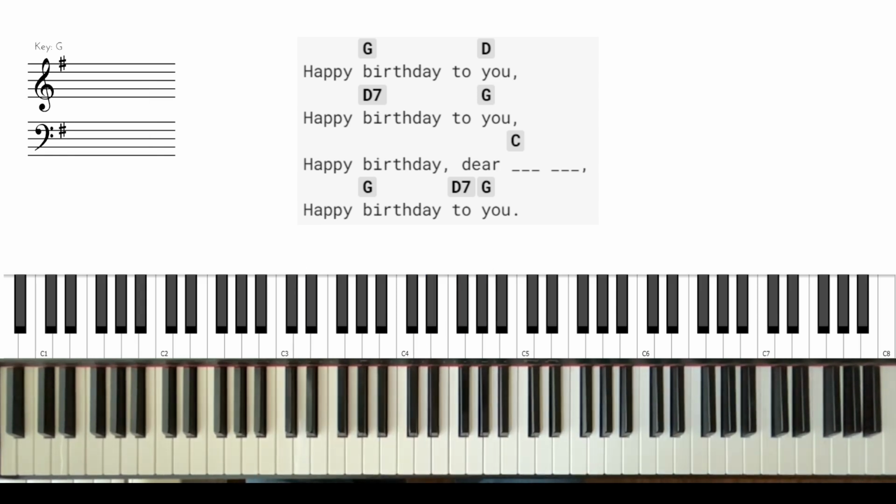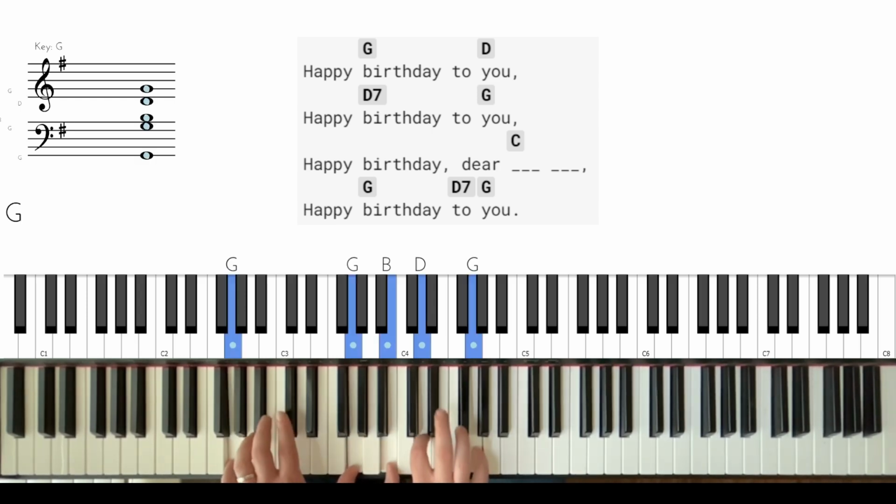All right, so let's play a song. I Googled happy birthday chords, and usually the first one that comes up is pretty good. In this case, from Ultimate Guitar, you click on it, and you get the lyrics to Happy Birthday and the chords above it. Right? So to keep it simple, just play the chord in your right hand, and in your left hand, play either the octave or the fifth. So if we're in G,